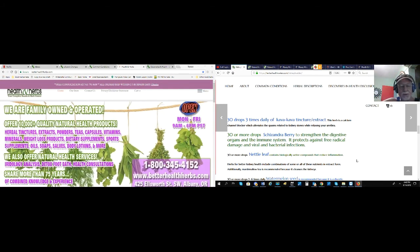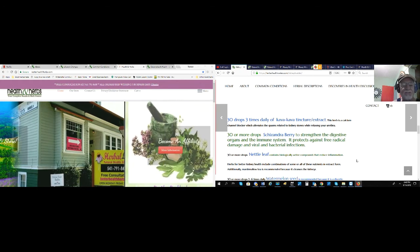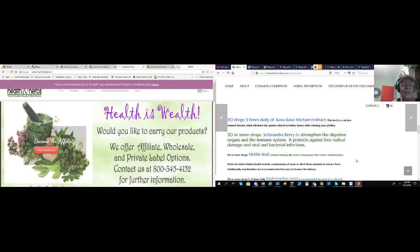Besides, if you had an infection, you're going to be taking all those antibiotics. But let's flush out the kidneys with the marshmallow root. Let's use that 30 drops of that kidney bladder herbal formula. Let's use some extra schizandra berry. And then, if you still have any kidney bladder kind of an infection, you would add nettle leaf, because nettle leaf has